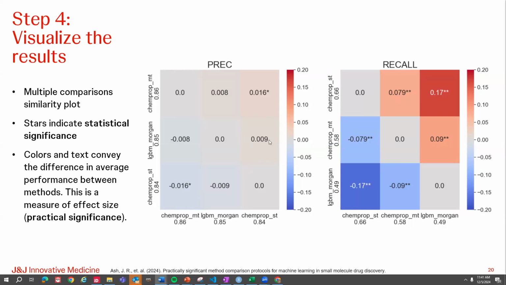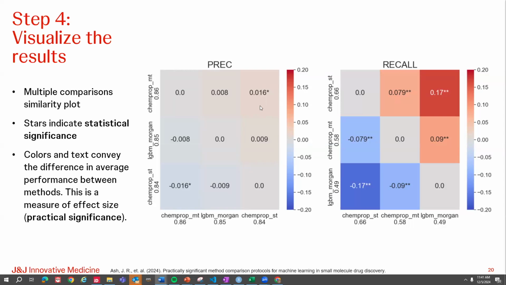It colors by the average difference in performance between methods, and each cell in the heat map also has a star annotation that indicates the level of significance. We also have a numeric difference in the cells, but that can be suppressed if there's a large number of